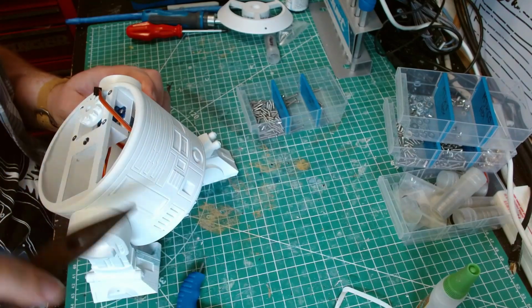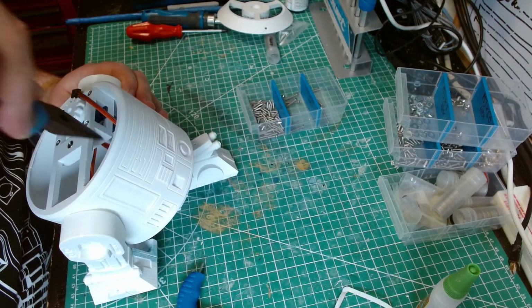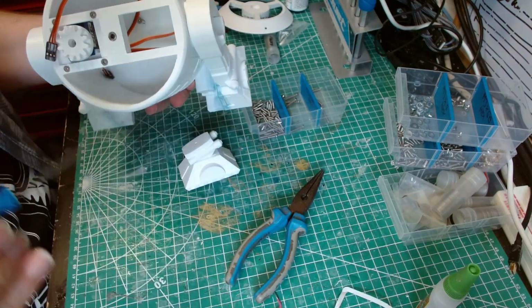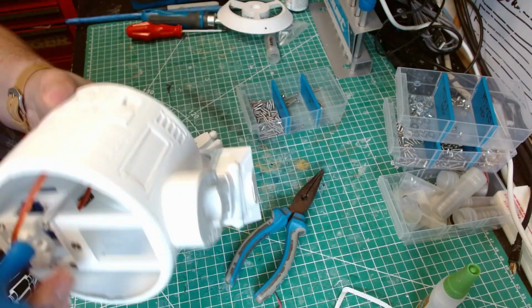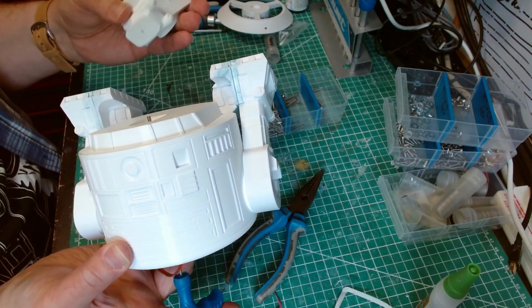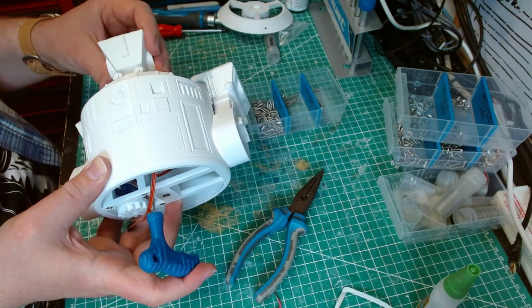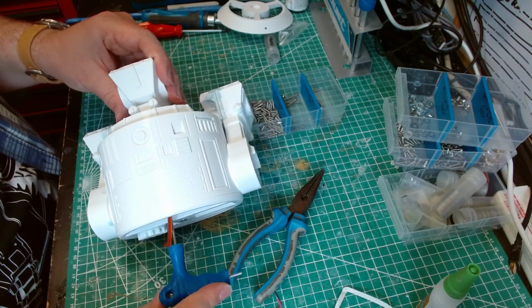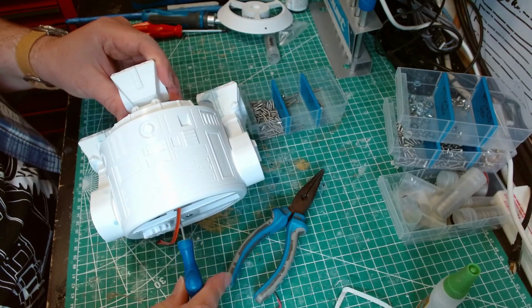Not easy to get the screw in there. There we go. It's not poking out yet. There we go. That's now poking through there. And now we can attach the foot the right way around. Hopefully this should self-tap. Always my worry when it comes to self-tapping is that